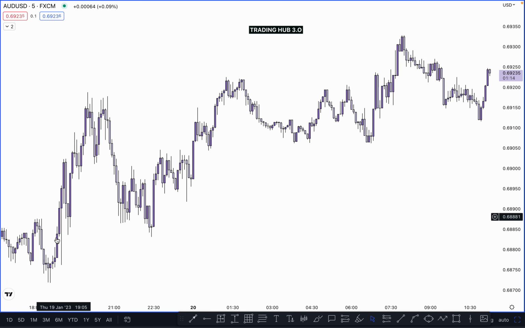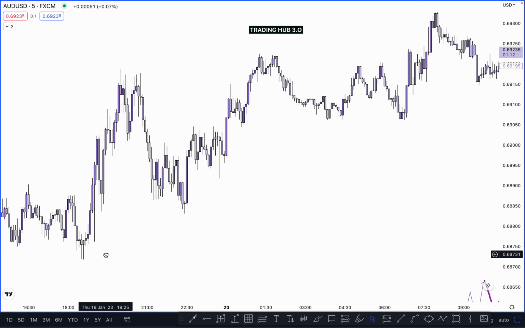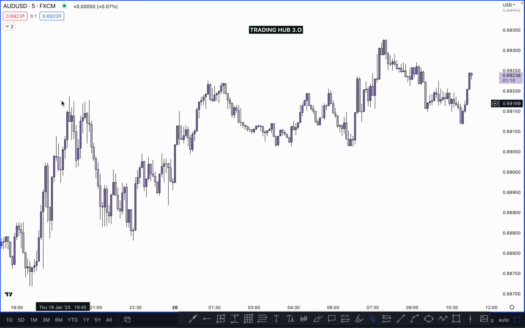So in this case, you can see this one is our lowest point here. Okay, and where is our highest point? Here. Why am I marking this one as a higher high? Because the market took out the inducement in this leg. Where is our first pullback after this one? So this one is our inducement at this point. After taking out the inducement, our higher high is confirmed here.